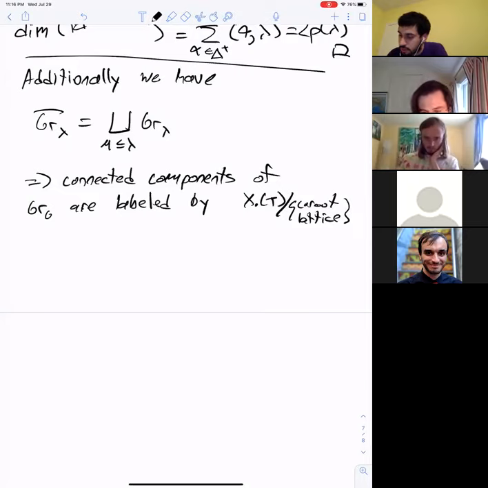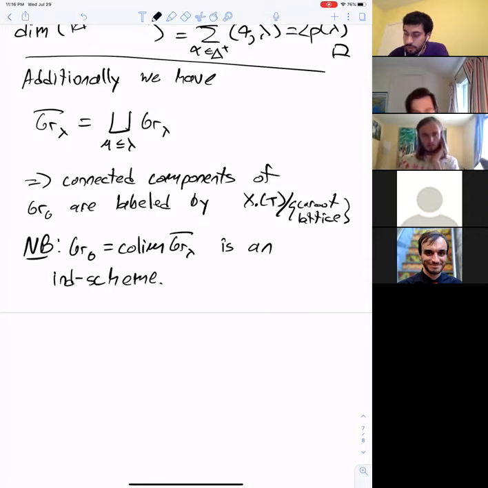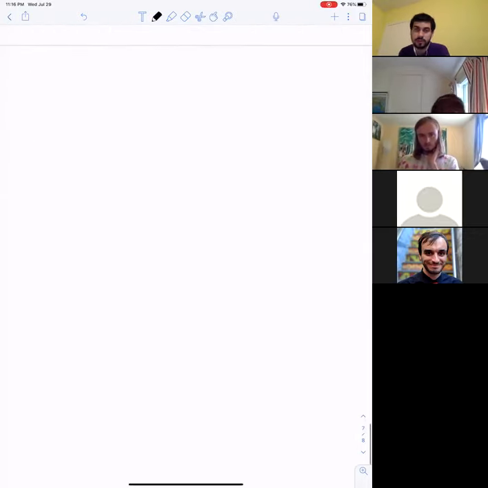And the final thing we're going to say about this, I'm just going to write it, is that we have that GRG is just the colimit of these Schubert varieties. And each of these Schubert varieties is just a finite dimensional scheme, and is an n scheme. So that's very important for proving technical things, even if we might not really cite it too much throughout. But that's it for the standard stratification, or the stratification by Schubert cells and Schubert varieties